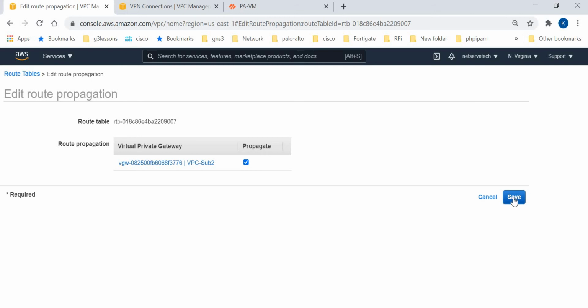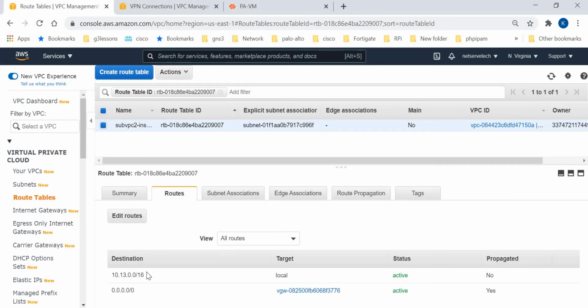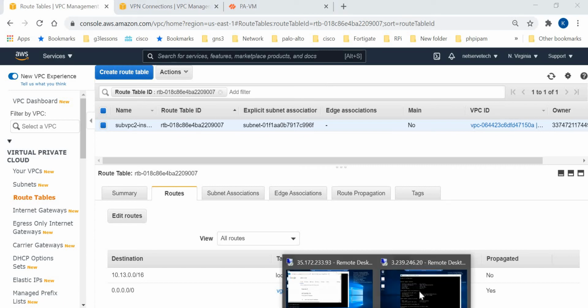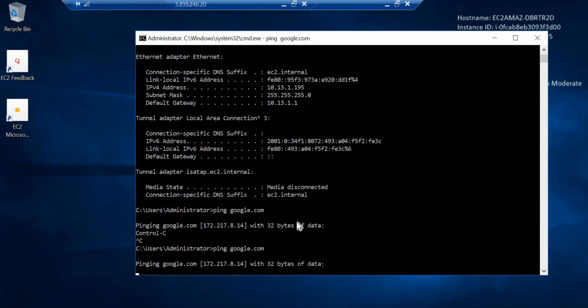As soon as we enable it, a default route will get propagated. See, as soon as we enable the route propagation, the default route has been propagated from VGW to this subnet's route table. Now pretty much internet should work. Okay, let's see. No, it's not working.